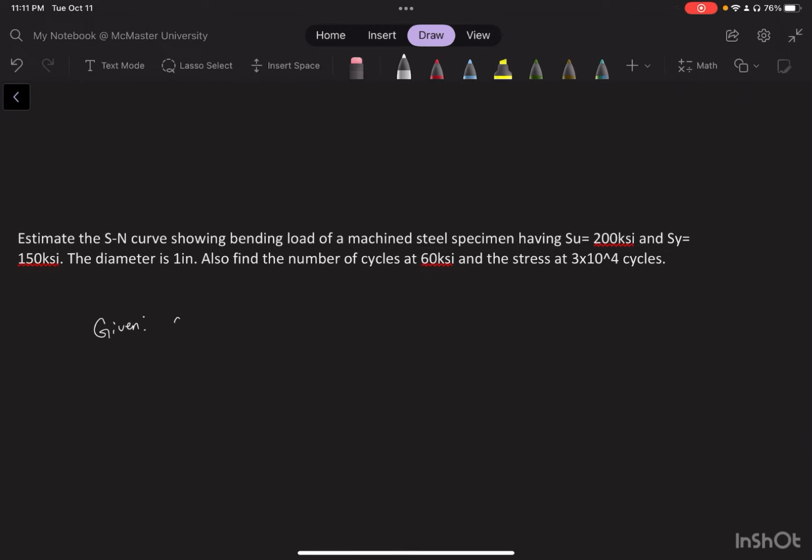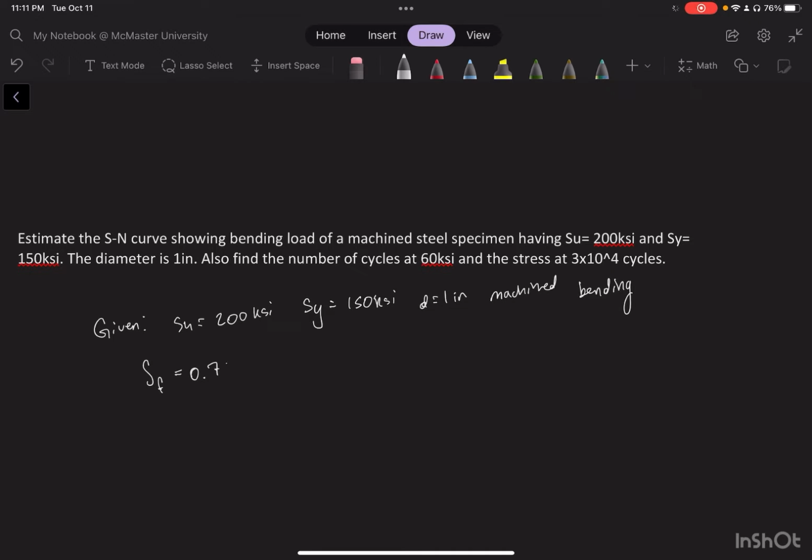And our givens would be the SU value of 200 KSI, the SY value of 150 KSI, the diameter, which would be 1 inch, and we know that it's a machined surface, and we also know that we need to find the bending load. So first we start off with getting the SF value,